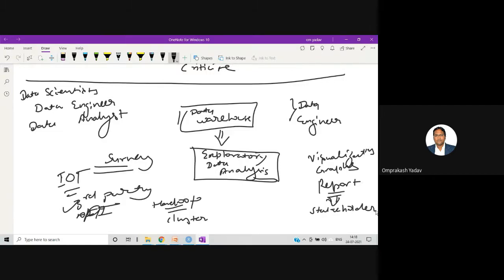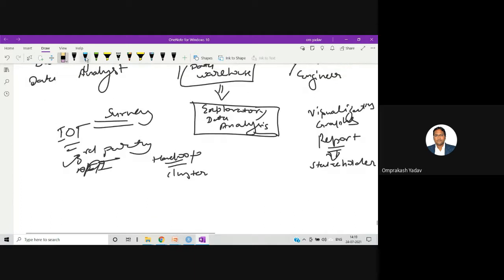So that the stakeholder will come to know that this is the data and what the analysis of that particular data is, with proper visualization graphs and all. After seeing the report, the stakeholder may also give you certain kinds of input.